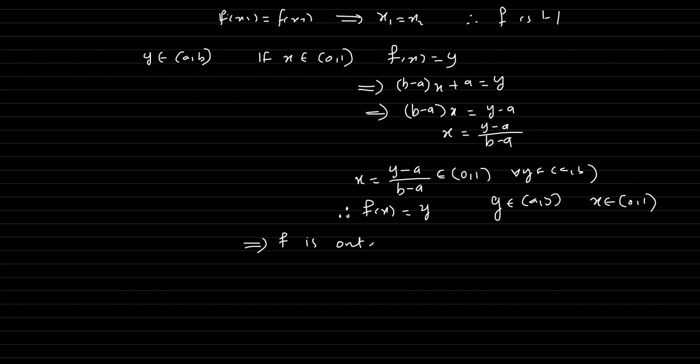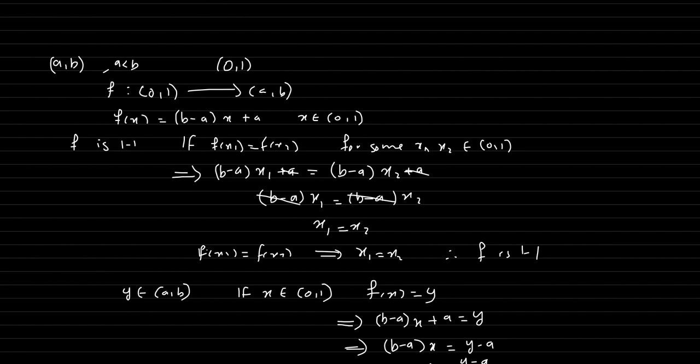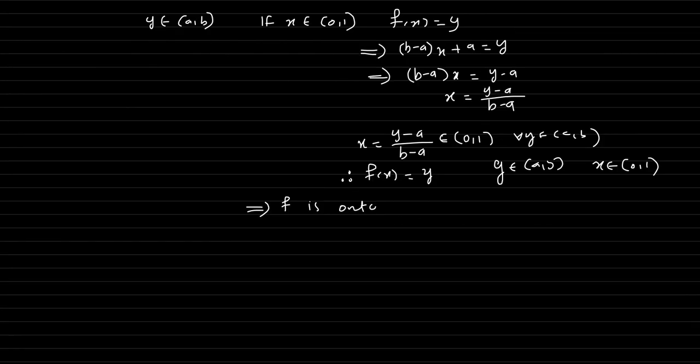is onto. We know that any function in this form is continuous, and what is its inverse? The inverse f inverse of x is equal to (x minus a) by (b minus a). And when we look at the inverse of this function, it is also of the form 1 by (b minus a) into (x minus a) by (b minus a). So all functions in this form are continuous. So f inverse is also